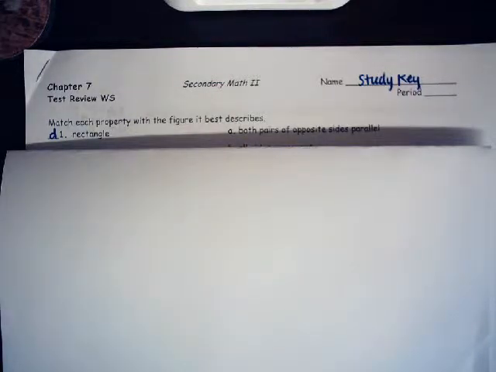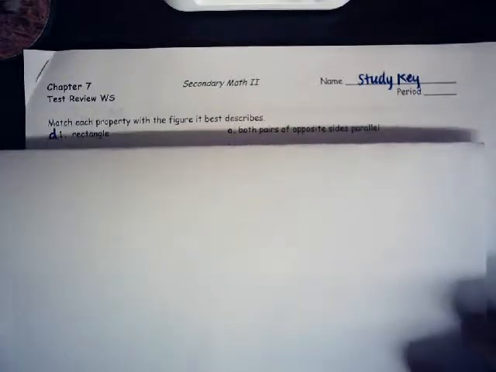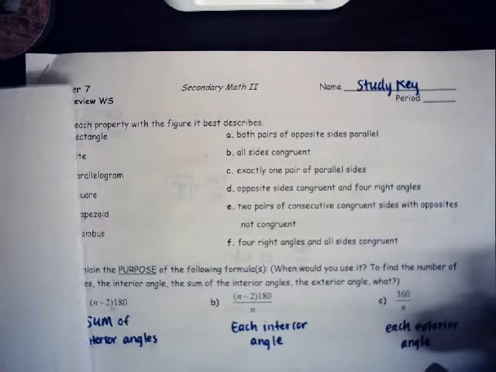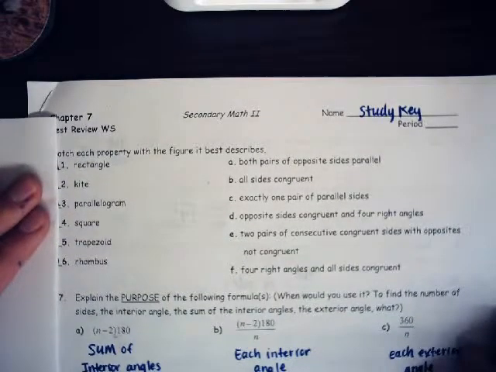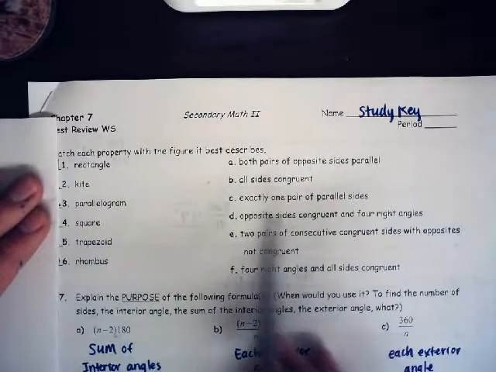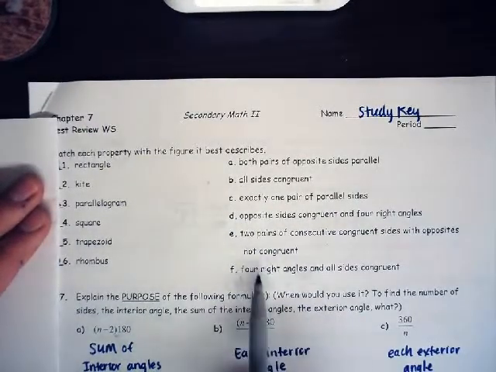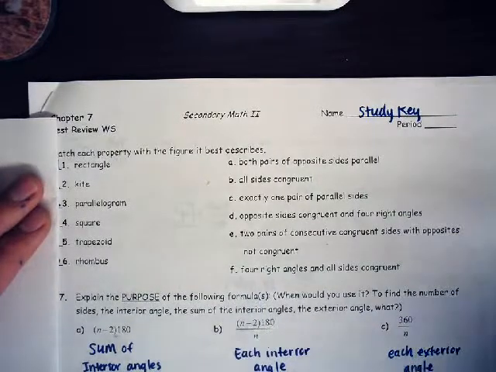Okay, here is the Chapter 7 test review study key. For those of you that are trying to do this at home, we're going to match each property with the figure that best describes it. So I kind of put the answers here. I went through and tried to make this a little shorter than my last video, so I pre-answered a lot of these. But when we go through these definitions here on the right, we want to pick the one that